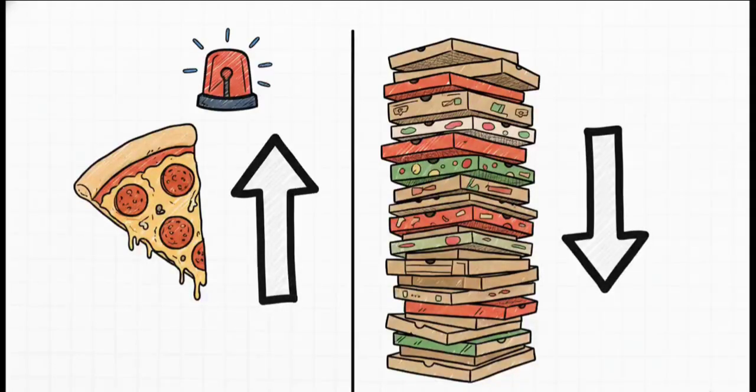Prices aren't just arbitrary numbers slapped on a tag. They are instant, honest messages. If there's a sudden shortage of pizza, the price shoots up. That higher price acts like a flashing siren to suppliers saying, hey, rush in, make more pizza. When there's too much, the price drops, telling them to slow down. Literally, no human brain or supercomputer could ever calculate the millions of variables needed to feed a city, but the pricing system does it flawlessly, every single day.